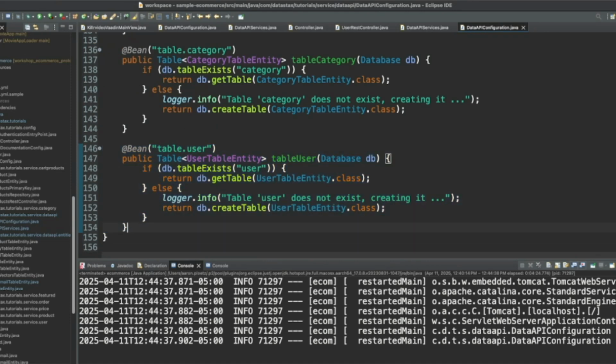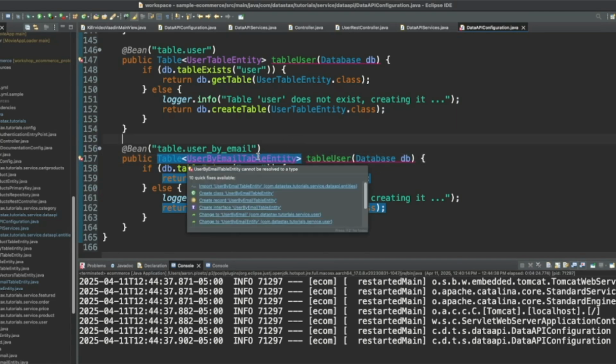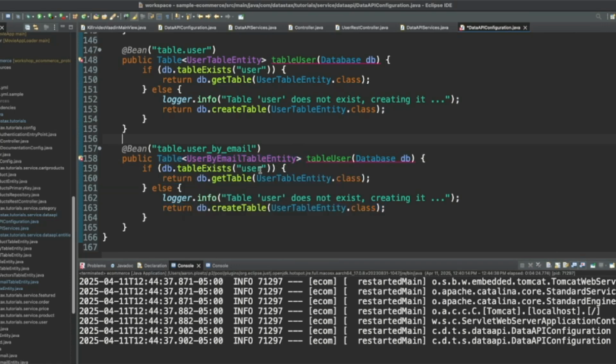Now, let's basically reduce this user by email, user by email table entity. Let's import that. And user by table. Yep.